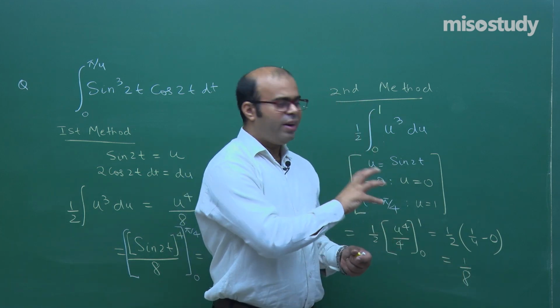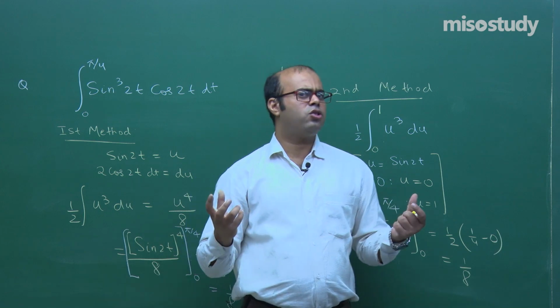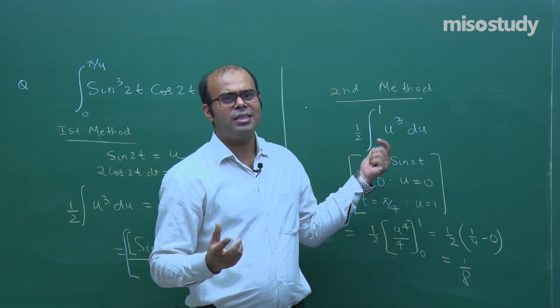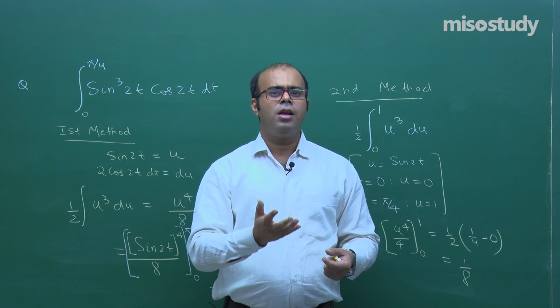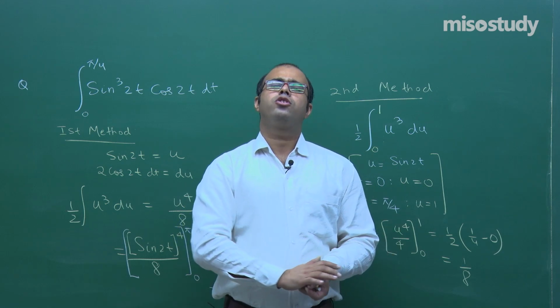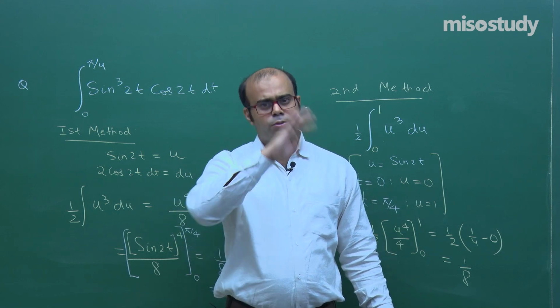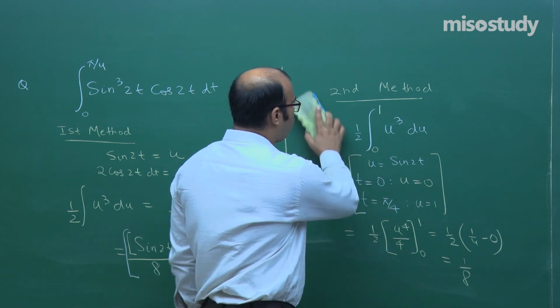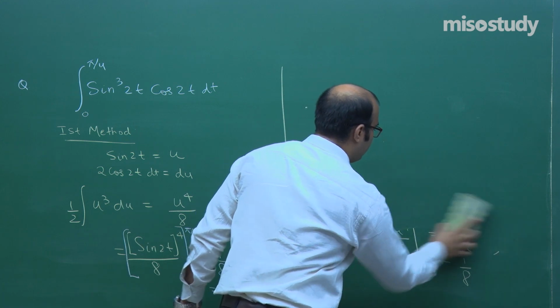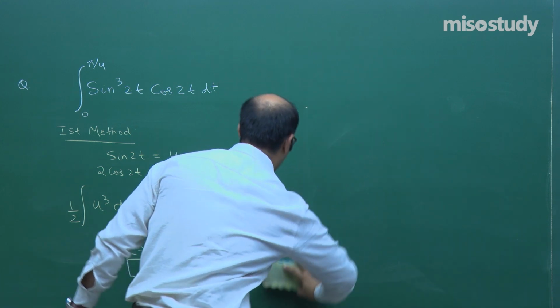So this is what we are trying to understand here, that there are two ways, and better is this one as it is less time taking. While you are changing the function with some variable, you also change the limits. So later on you don't have to back substitute and put the previous limits, right students? Let us take one more question to understand the application of the second fundamental theorem of calculus.